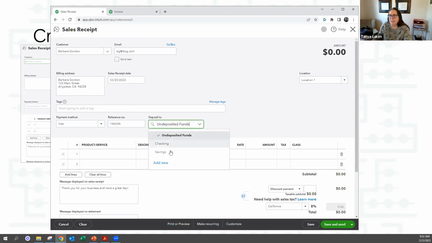So this box gives you an option of undeposited funds, your checking account or your savings account, because you can't make bank deposits against your credit cards, for example. So that's why it's only giving you your bank accounts here. Undeposited funds is what you would use. It's a little bit old school, and I feel like it's going away because we're all banking on our phone. But for example,